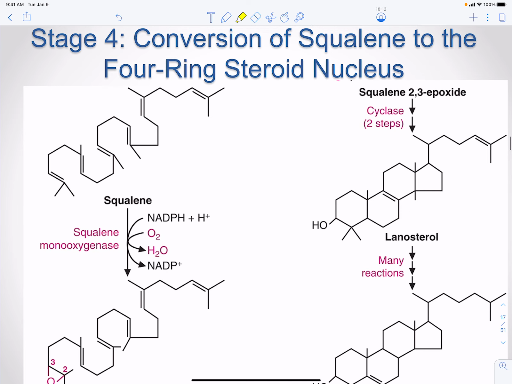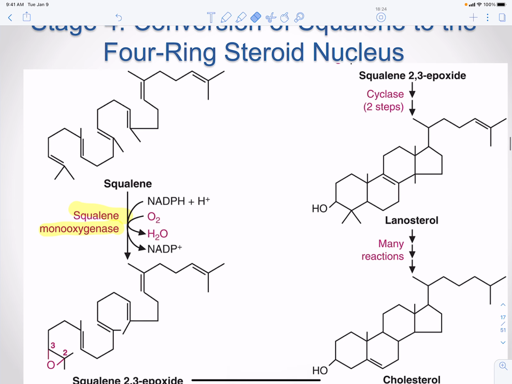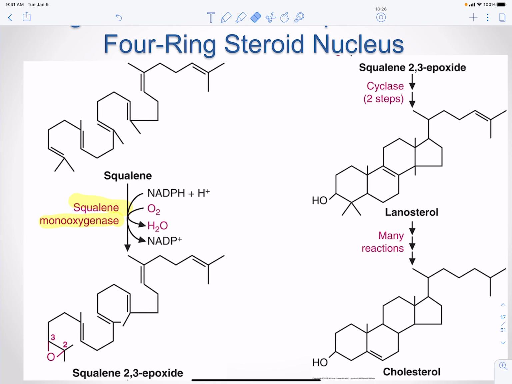All right, so squalene monooxygenase adds a single oxygen atom to the end of the squalene molecule, and this will form an epoxide. Okay, so it's going to add an oxygen there, and this is going to require NADPH. And then you're going to have the unsaturated carbons of squalene 2,3-epoxide, which is what forms,